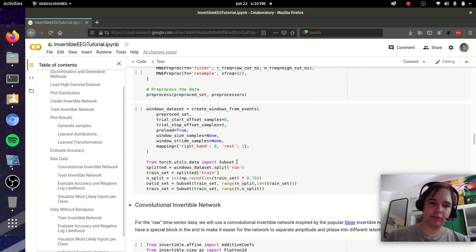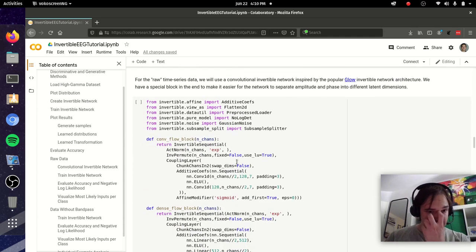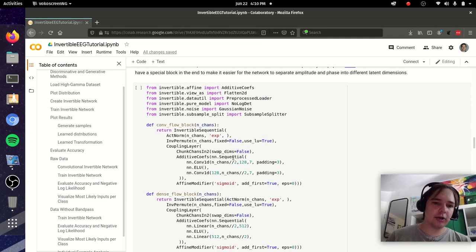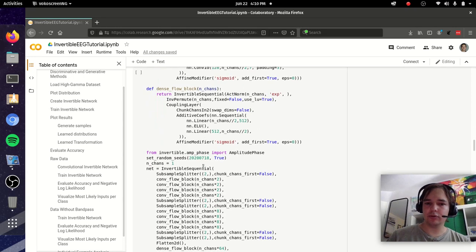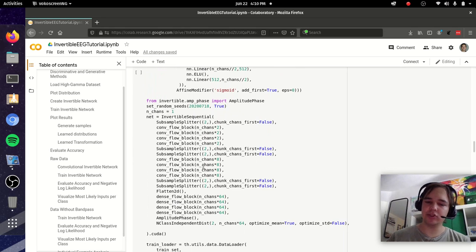And we again take train and validation set, and the model looks a bit different now because we want to use a convolutional model, and we'll have 1D convolution since we only have the time dimension here. The basic ideas are still the same. So you still have these coupling blocks, you still have these linear projections, and so on. And as I said before, you can also look at the Glow model to understand a bit better the individual blocks that we are using here. Okay, so now we have a different network,